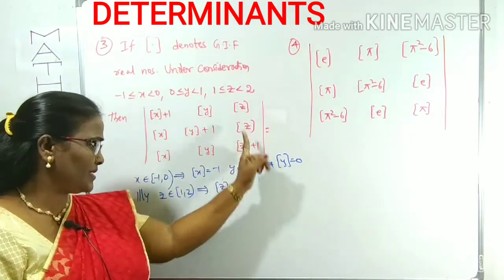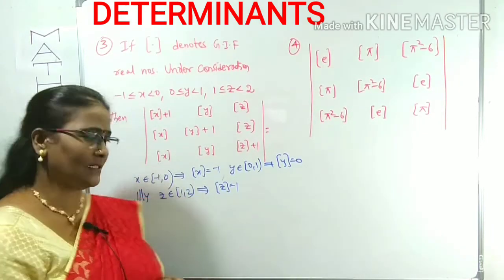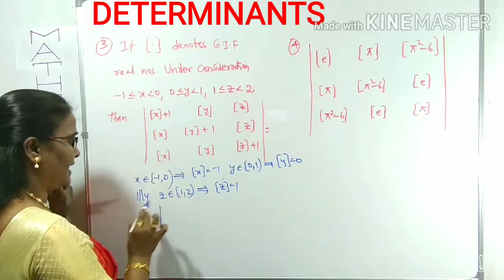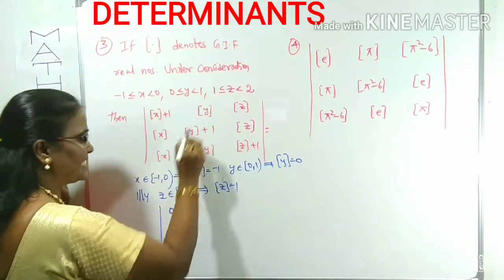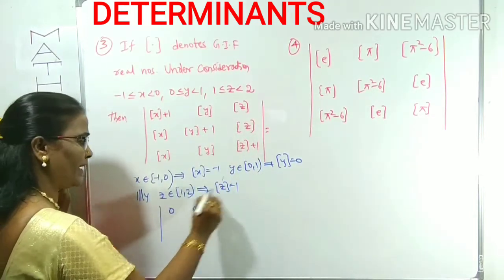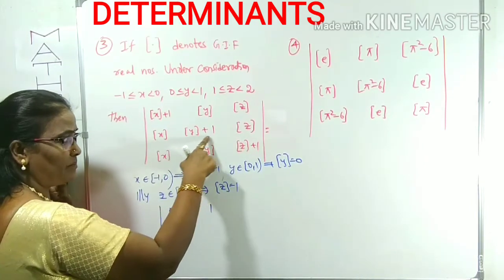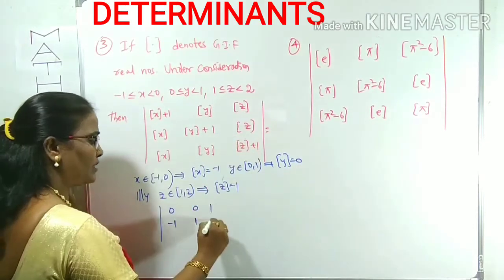Those values we can substitute in the determinant and find out its value. That's it. Now we can substitute here. Here, step x plus 1 is there. First element: step x value -1 plus 1 is 0, right? Step y value 0 we already got. Step z value is 1, right? Next element, step x is minus 1. Step y plus 0, 0 plus 1 is 1. Step z is 1, right?